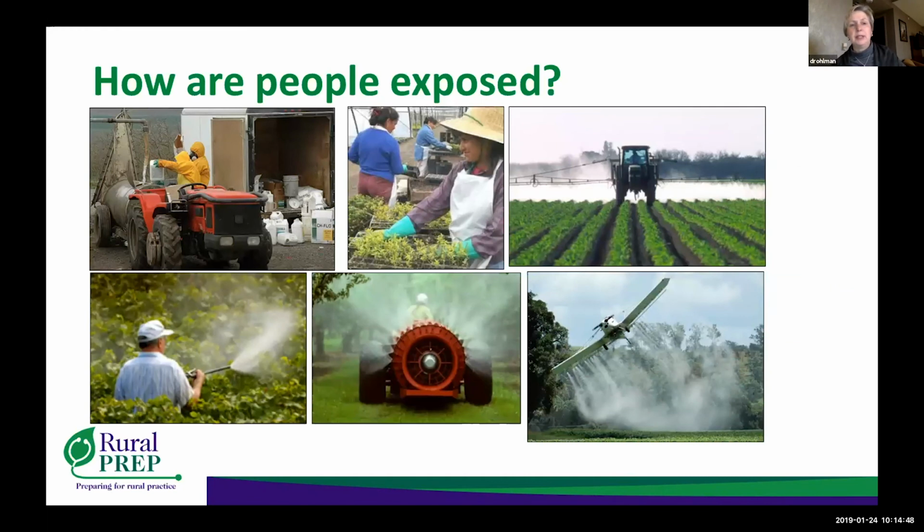And when we think about this, we often focus on agricultural workers. And if you look at the pictures here, people can be exposed when they're mixing and applying pesticides, getting ready to apply them. The picture in the bottom shows different types of application. One is a guy standing in a field spraying pesticides. The one in the middle is an air blast sprayer. The one in the top right is something we might see here in the Midwest or in other areas, a